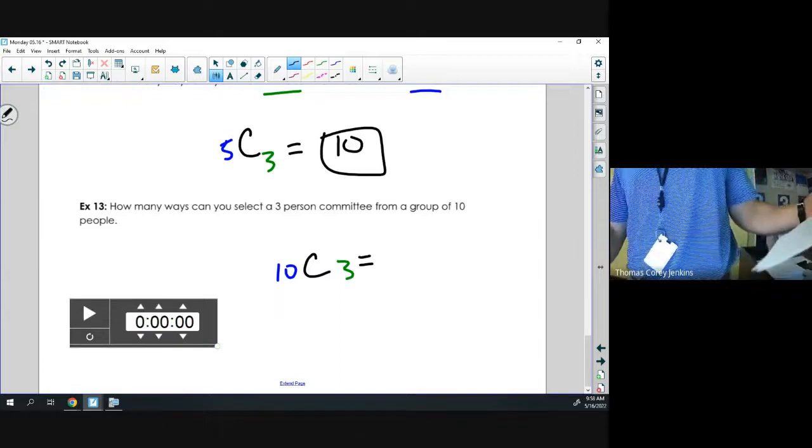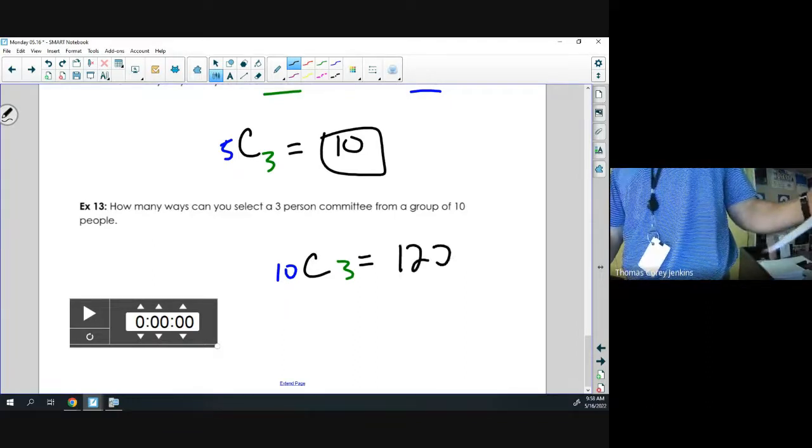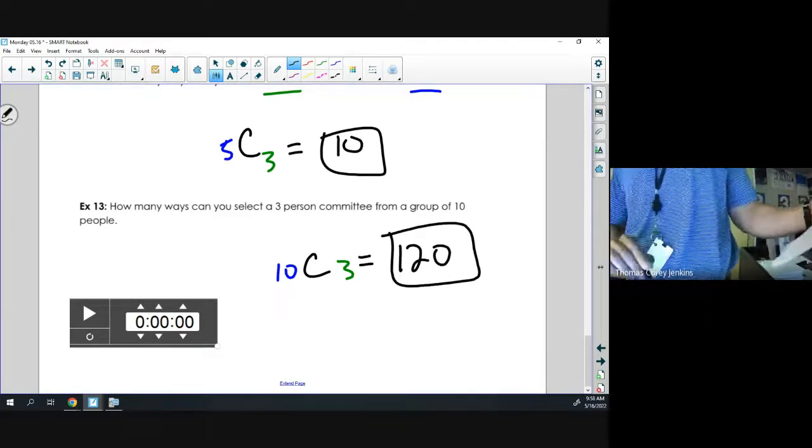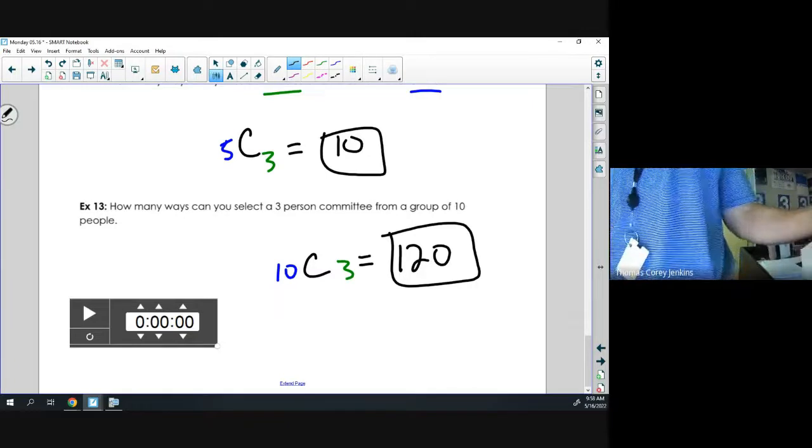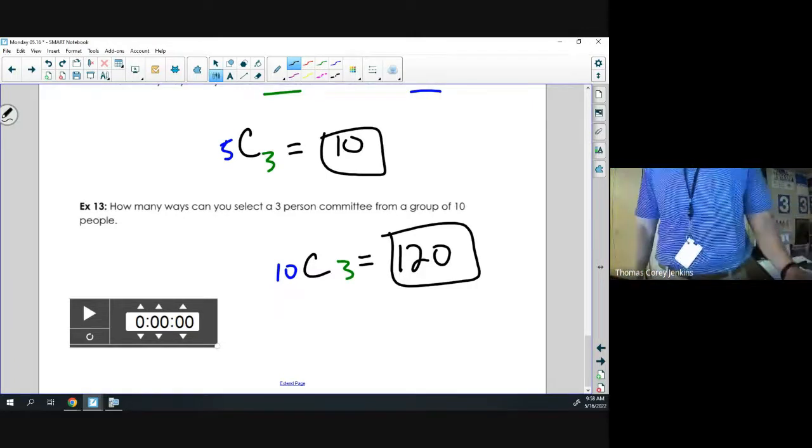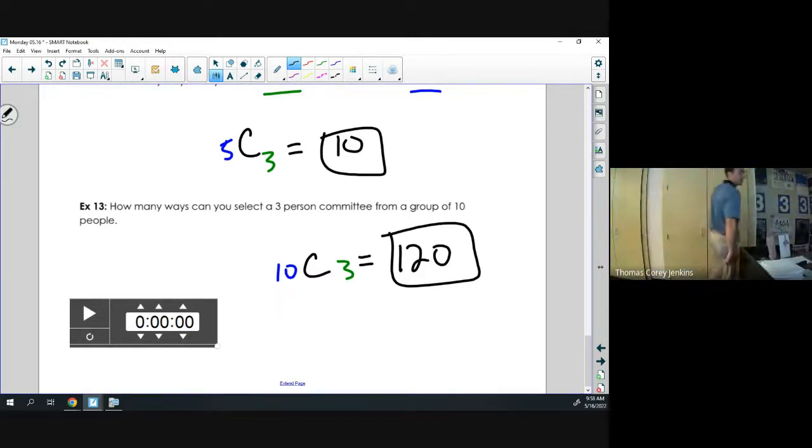All right, so 10C3 is how you should have typed it in, and that ends up being 120 possible combinations, okay? So we'll go ahead and wrap it up there. I think I got this whole lesson, so I'll attach